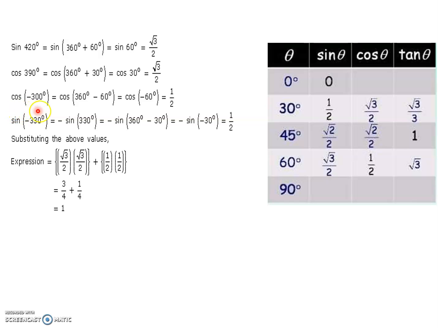Same trick, cos(minus 300). We know that cos of minus theta is plus cos of theta. But 300 is 360 minus 60. That is why cos 60 degree, because cos(360 minus theta) is cos theta. But here we derive the minus theta. That's why 1 upon 2. Cos 60 is 1